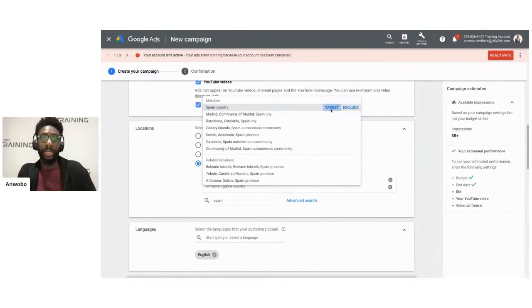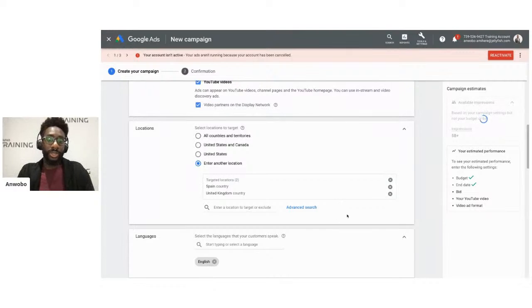With Google Ads, we can target users based on their countries, their cities, their towns, anything. We can be very, very specific about where these users are, even down to postcodes and zip code areas. What we see here is that we've gone from 20 billion impressions to just 7 billion plus impressions.